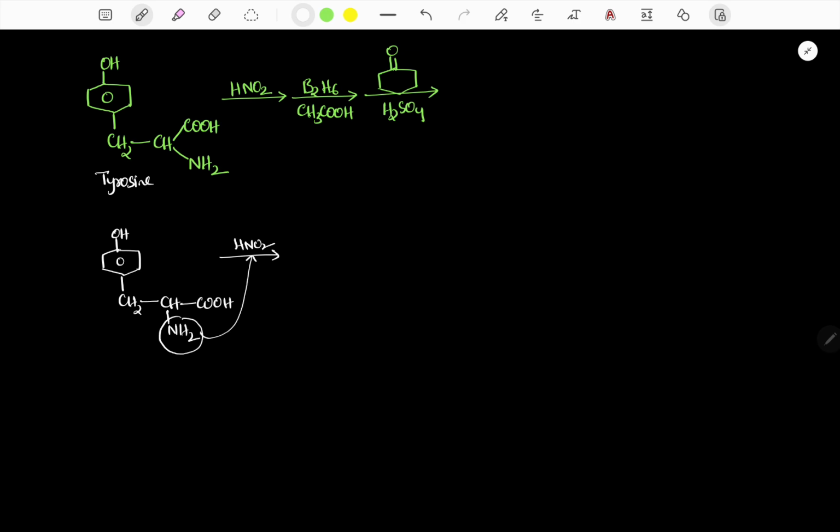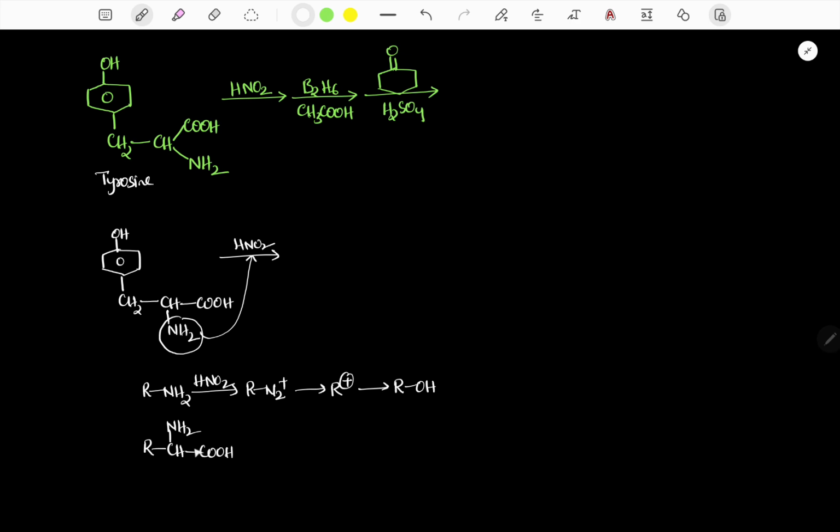The NH2 group undergoes diazotization. The basic reaction is RNH2 treated with HNO2. It gives initially RN2 plus, loses N2 gas, forms R plus, and R plus reacts with water. Finally it gives an alcohol. But if I take an alpha amino acid